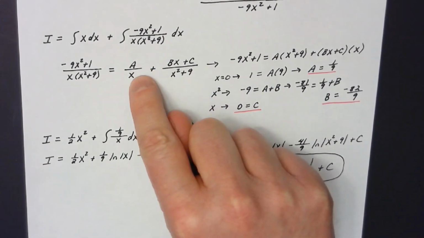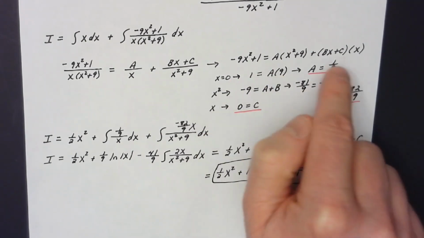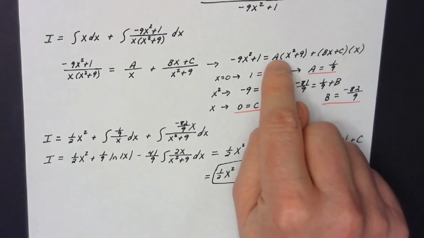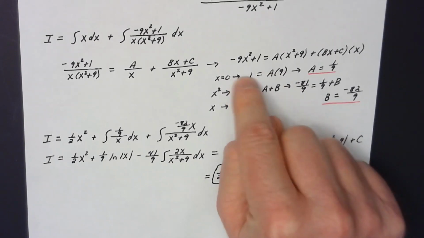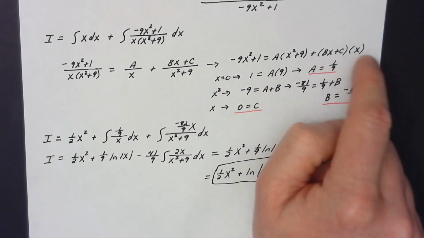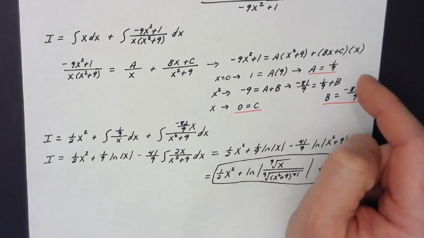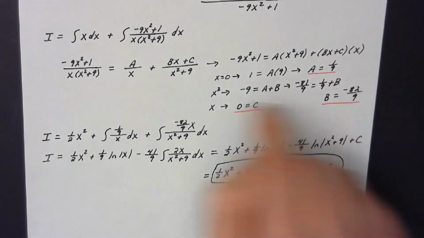I let x equal 0. The left-hand side of my equation is a 1. On the right-hand side, the b and the c get multiplied by 0, but a gets multiplied by a 9. I get 9a is 1, thus a is equal to 1/9. Now, no other number can be plugged in for x to help you solve for b and c, so instead